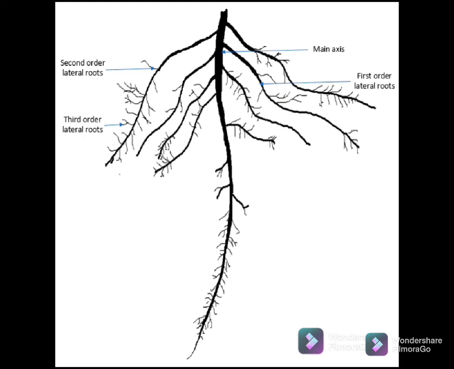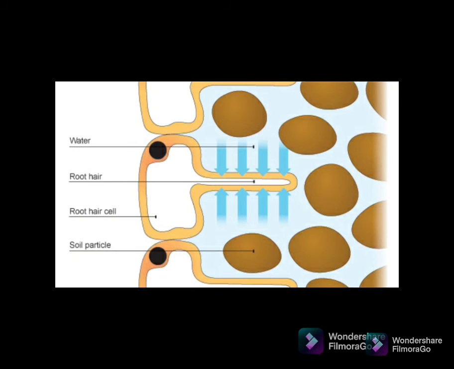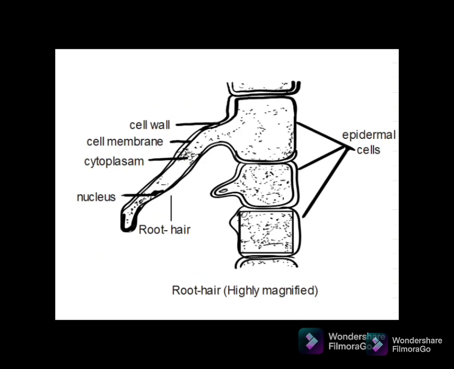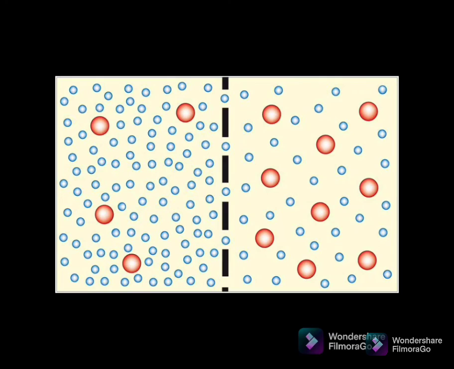So what makes this root hair so special and well suited for absorbing water from the soil? Let's look at these facts. The numerous root hairs provide a larger surface area. The more the surface area, the greater the absorption, isn't it? Second, root hairs contain cell sap, which is of a higher concentration than the surrounding soil water. Third, as discussed, the cell wall is freely permeable, which permits movement of all types of substances, but the cell membrane is semi-permeable. It allows only some substances to pass through it.